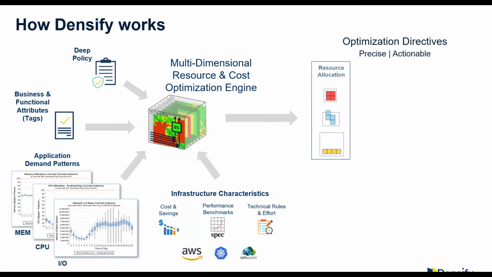are precise and actionable. And these come out across a number of different categories. So resource allocation. So this is very important. So this is point number one, making sure you're running on the right stuff in the first place. We identify systems that are optimal, so you have the right allocations. We're identifying systems that do not have enough resources, so they're at risk. We make recommendations for adding in extra resources. We're also identifying, and typically in public cloud, systems that are oversized. So this is where we can safely reclaim resources based upon those policy considerations that I mentioned before.